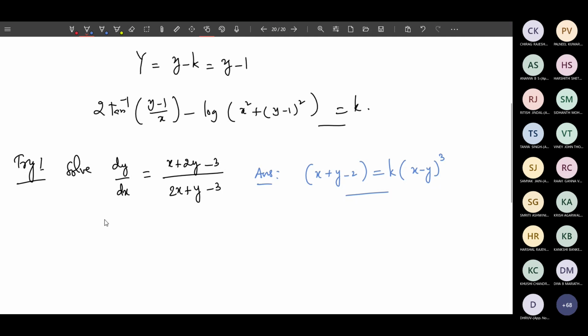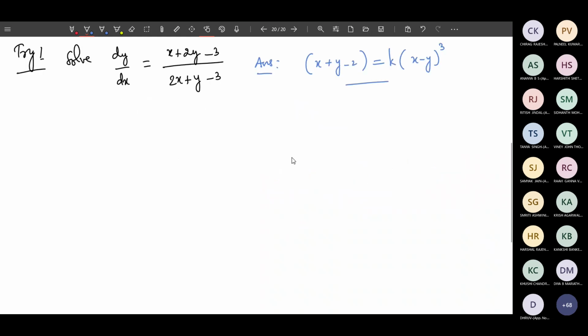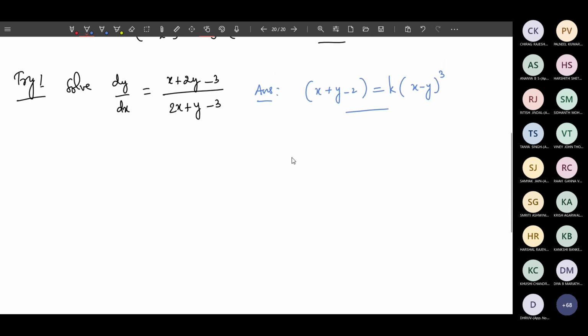So now I'll start another type of equations called exact differential equations. I'm assuming that you know a bit of knowledge about partial derivatives. So therefore, I'm not going deep into that. I'll just explain the procedure to solve different types of equations, the moment you conclude that the equation is exact. So, exact differential equations.